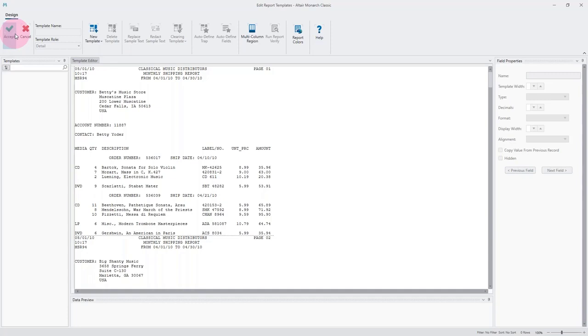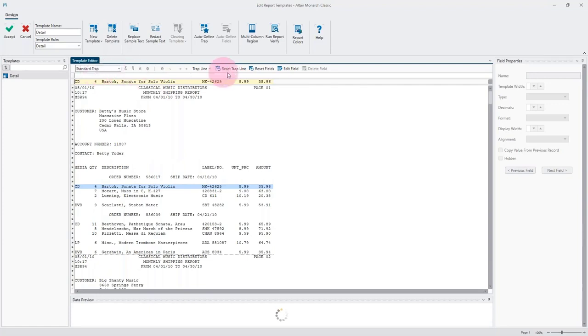It's the same concept. When we're building out our templates, it's always the same 4 steps. We're going to choose our sample lines, choose our template, choose our trap, choose our fields. It's the same principle. But for instance, if I was going to select this as my sample line, I'd select my sample line, but I can't right click to say create a template. To actually create the template, I have to come up here to the button that says new template, select it, and then I can choose what template type I'm looking for. I'm just going to select detail, and I'm just going to build this out real quick